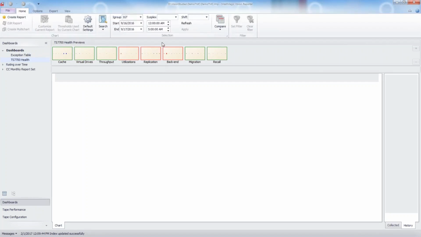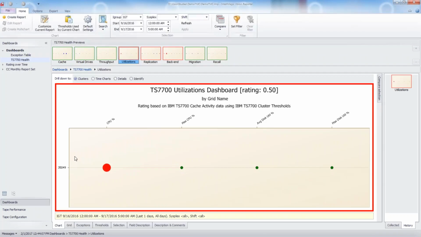I'd like to show you a dividing point between the first 5 dashboards, or the first 5 reports, and the last 3. A TS7700 environment will always have the first 5 dashboards, but the TS7740 with a tape back end will only have the last 3. So that's a little method to our madness in terms of the organization of the dashboards on this particular chart. But the first place we have is a problem with utilization, so I want to show this to you. Looking at utilization, we look first at the grid level.